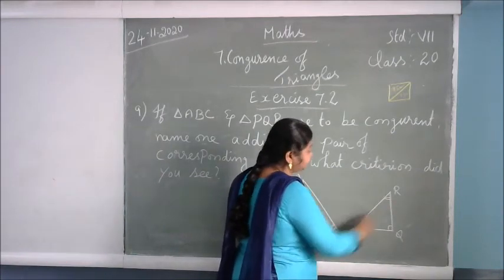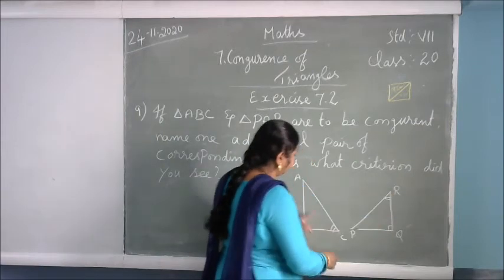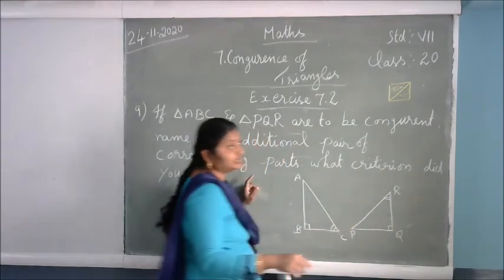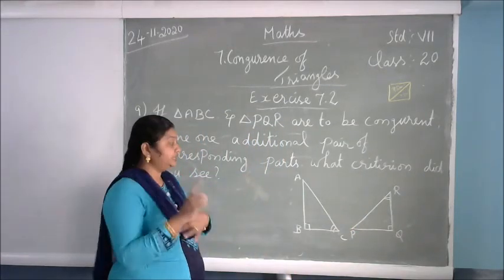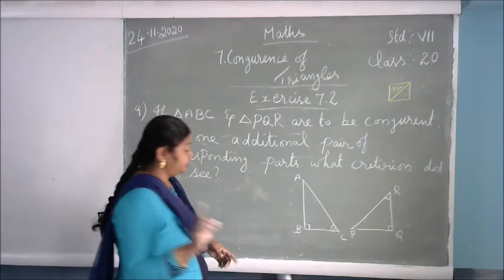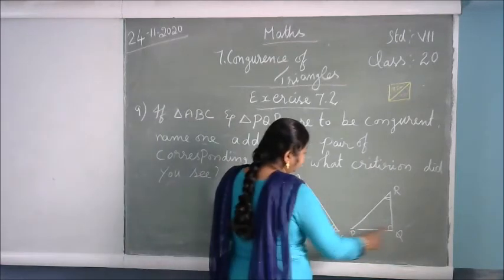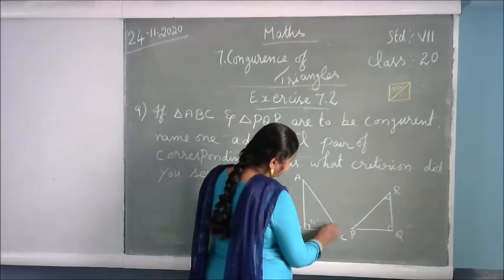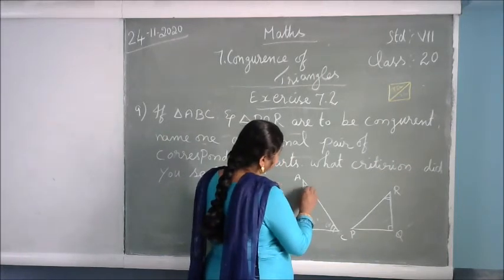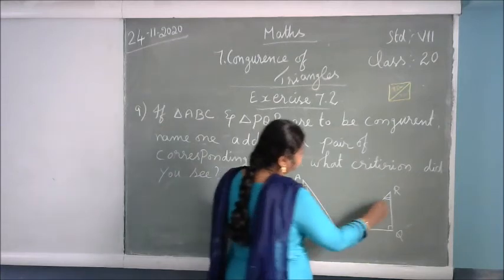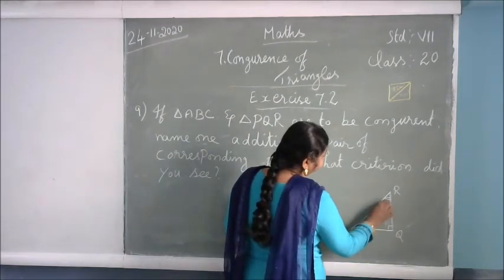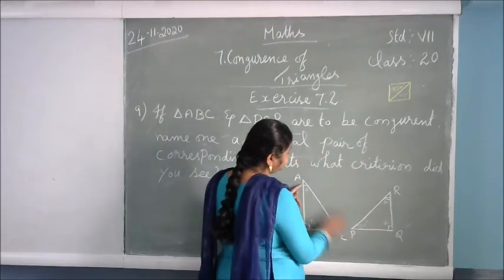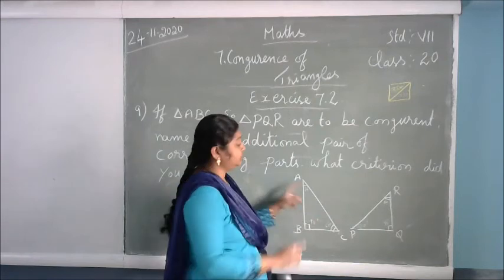Angle C is equal to angle R. Then automatically, in a triangle, if you add the three angles you get 180 degrees. I taught you, no? So suppose this is 90 degrees and this is 60 degrees, then this will definitely be 30 degrees. In the same way, this is 90 degrees, this is 60 degrees, so definitely it will be the 30 degree one. That means automatically this angle is equal to this angle.